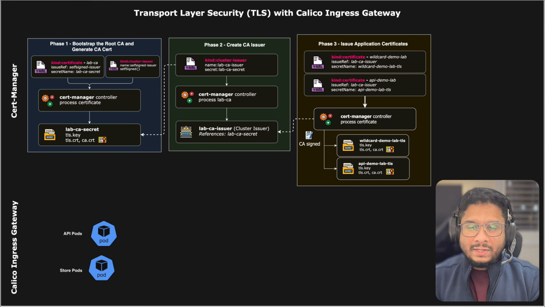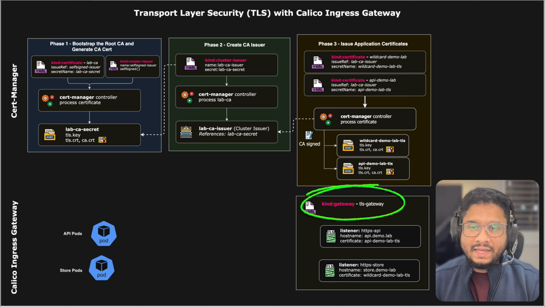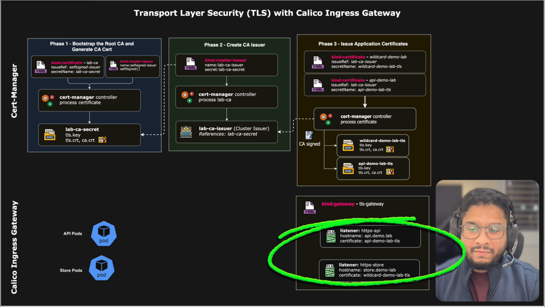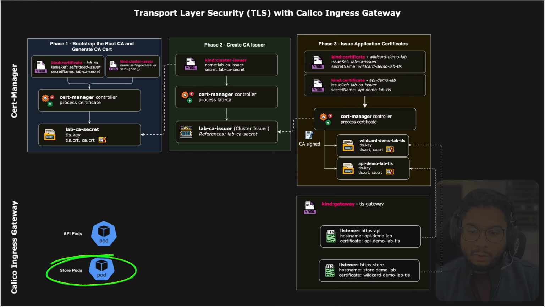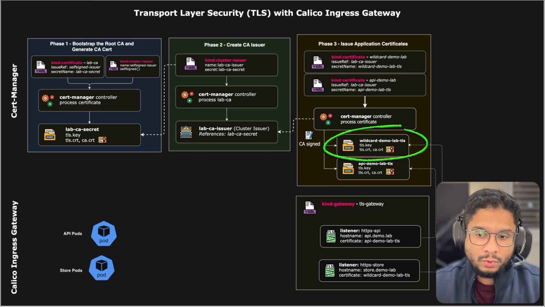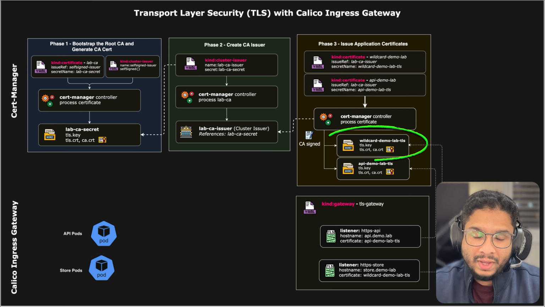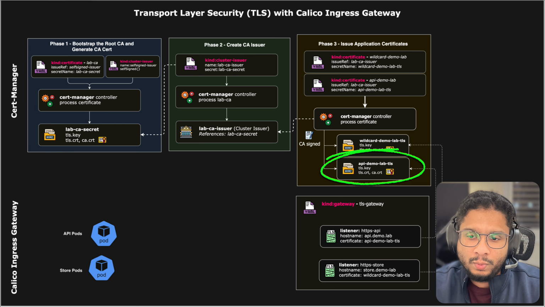Now, once we have the application certificates, we will create a gateway called TLS gateway, and this gateway will have listeners that will terminate TLS for the specified host names, namely api.demo.lab for the API workload and store.demo.lab for the store workload. Now, as can be seen in the diagram here, we have a wildcard certificate for the store application, namely wildcard-demo-lab-TLS, and we have a domain-specific certificate for the API application, which is